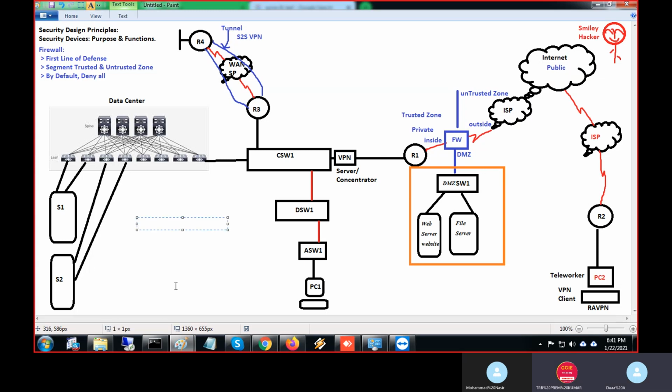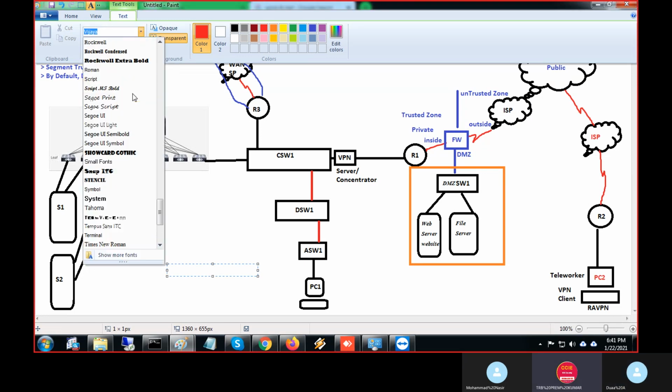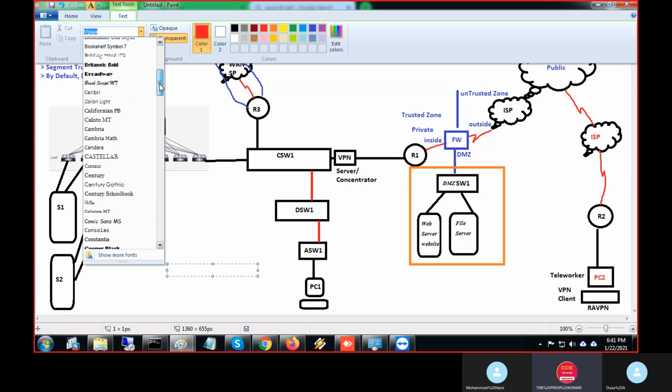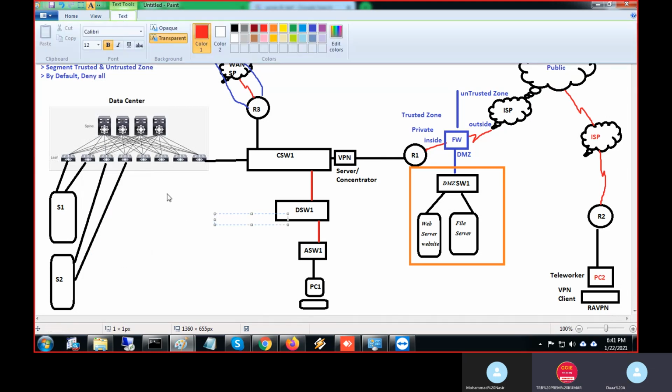Intrusion detection system and intrusion prevention system. So how do I differentiate IDS and IPS? How do I say this is IDS, this is IPS? IDS only detects, IPS prevents. Correct, detection and prevention. But when I see a device, how do I know this is IDS or IPS? That I'm not sure, sir.